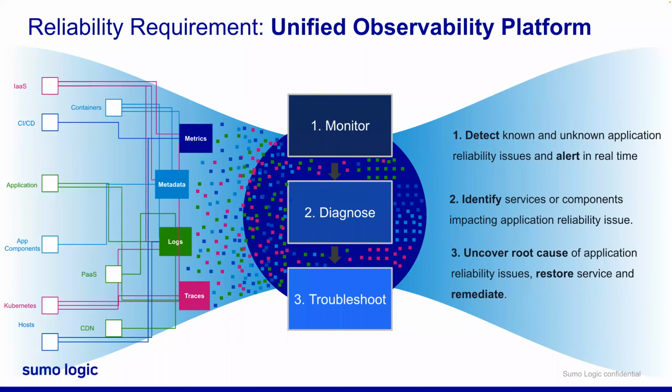Now flipping monitoring, diagnosing, troubleshooting on its side, one important aspect to achieve end-to-end reliability is going to be that unified observability platform. And what does that mean? Well, starting on the left-hand side of the screen, we have the need to get all bits of data telemetry